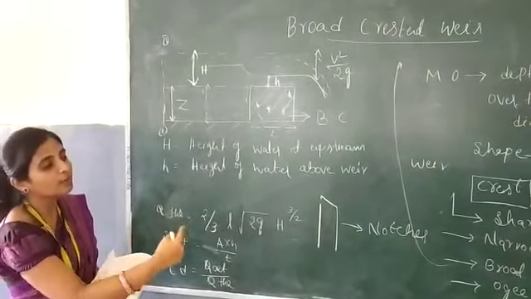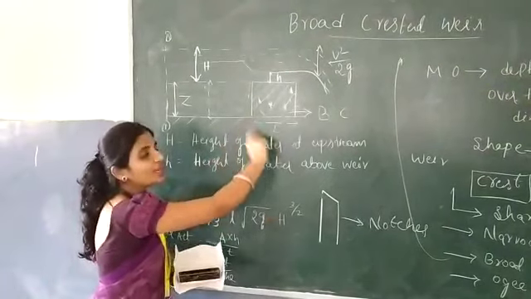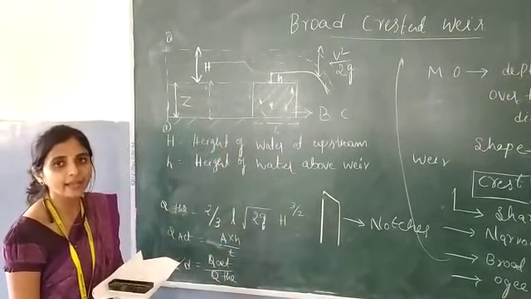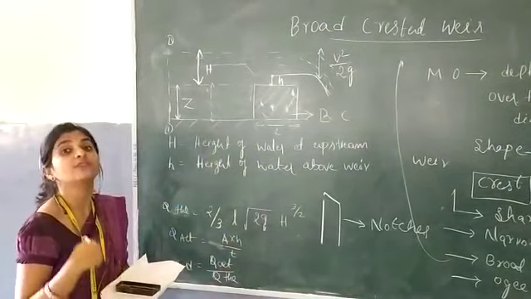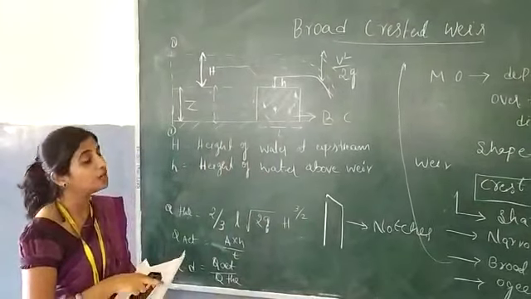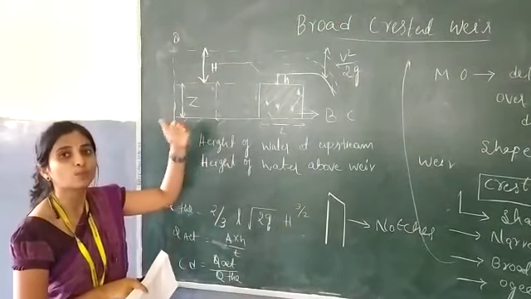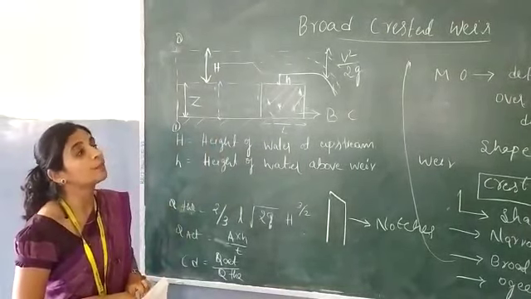When you are going for the narrow or Ogee weir and so on, this will be constructed in a rectangular shape. And where the water flow is more, they will be constructing the broad crested weir. So if the flow of the water is more, they will be using the broad crested weir here.